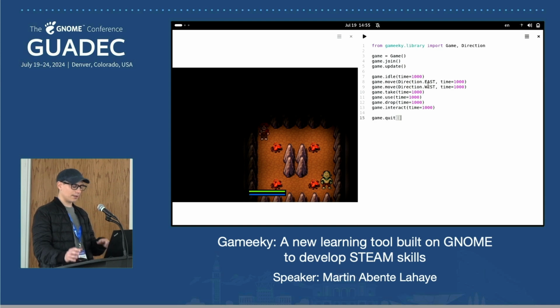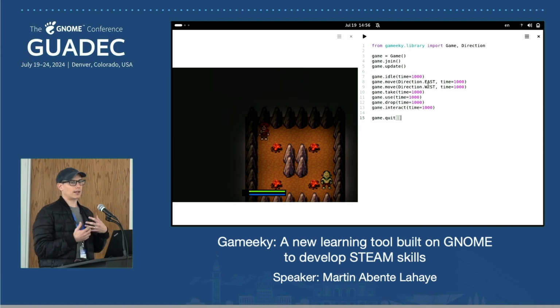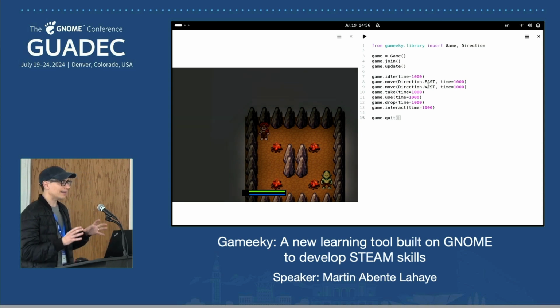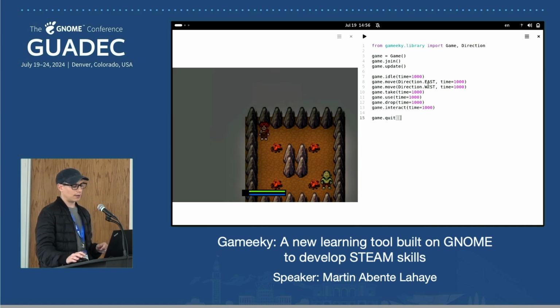What Gameeky provides is, I don't know if you're familiar with the Logo programming language, a programming language where you control a turtle. This turtle can move and do drawings, right? The API level of that is you can move forward, you can turn left, you can draw, you can do certain things. So Gameeky gives you a very simple Python API to control these cooperators, right? So if I now join this with my code,